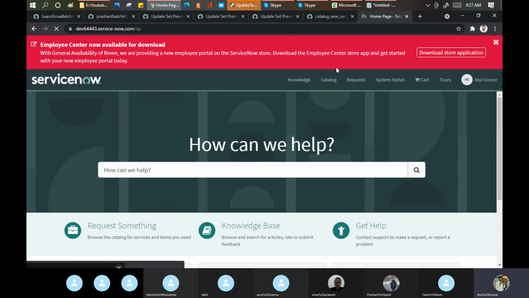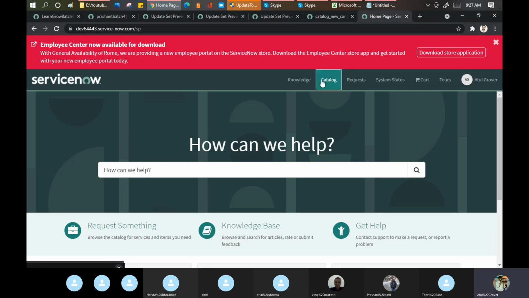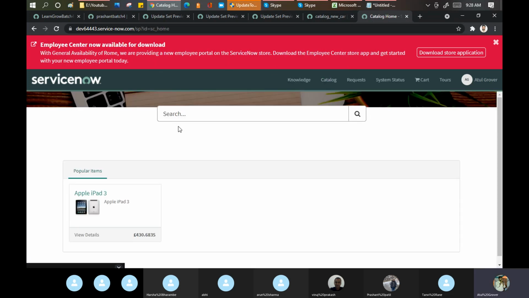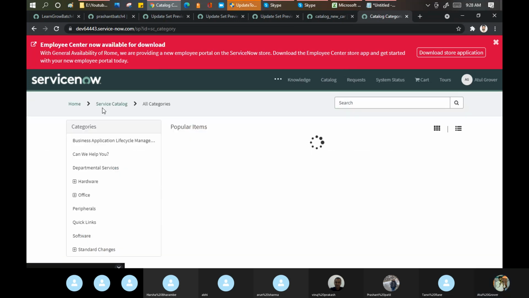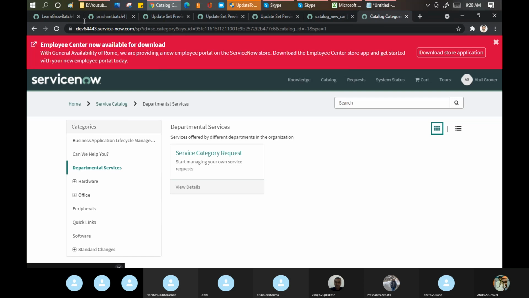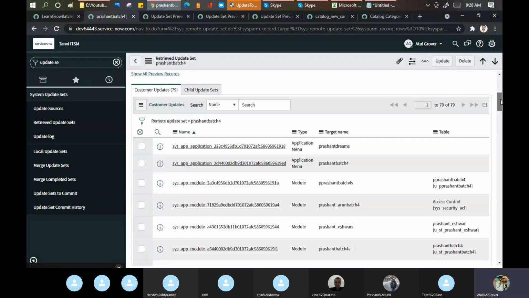Any changes you did on the catalog item, catalog part? Catalog. Let's see what changes have been done here. Browse by categories. Your changes are not there because that departmental service was yours or someone else's. It is already built up. Okay, let's go here and see what else he did.